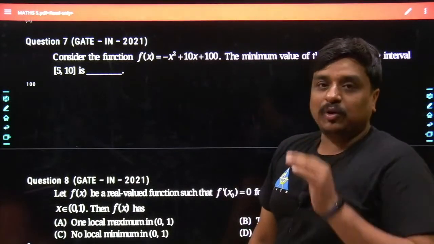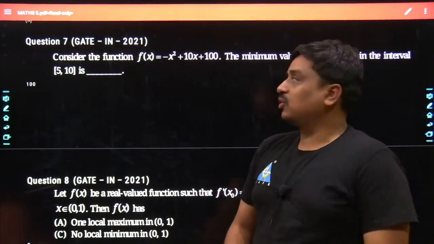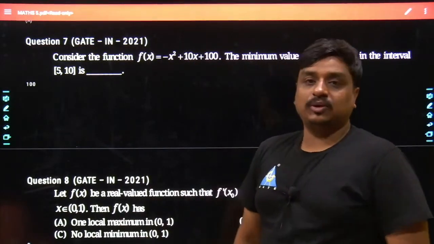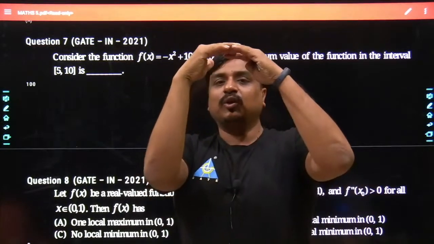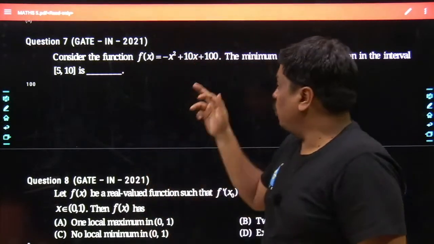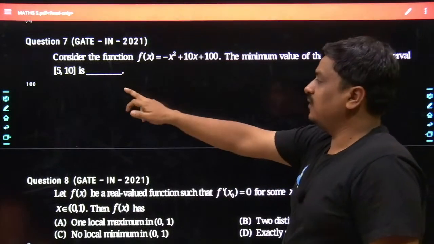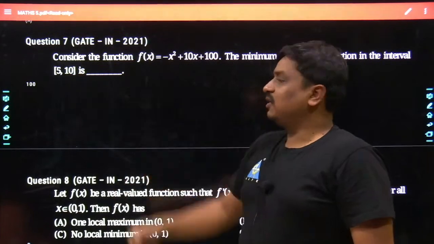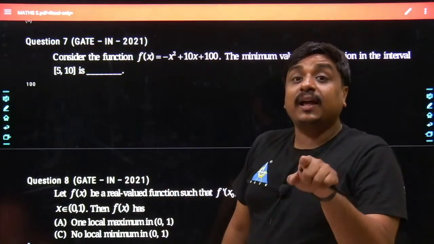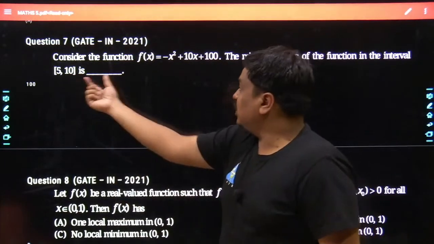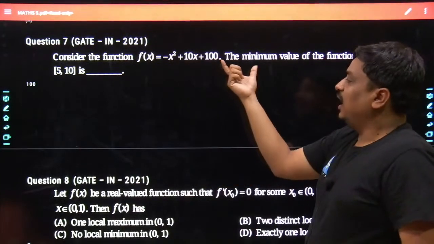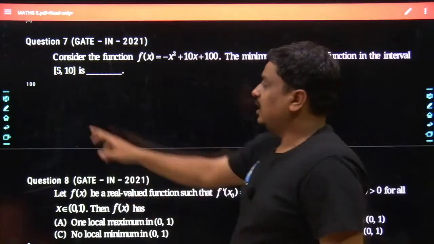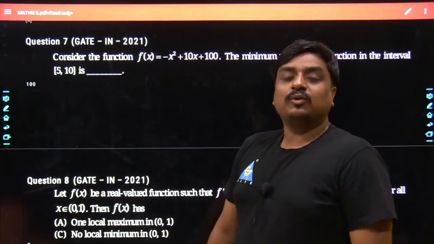Anyways, I smashed this problem with the help of 2 different methodologies. In the first methodology, I drew this curve, which was a downward facing parabola, where the stationary point is formed at x equals 5. I got to know the minimal value within the closed interval of 5, 10 would appear at x equals 10 itself. So straight away you plug in x equals 10 and you get the minimum value within the closed interval of 5, 10, and that is nothing but 100, which we calculated in the last video.